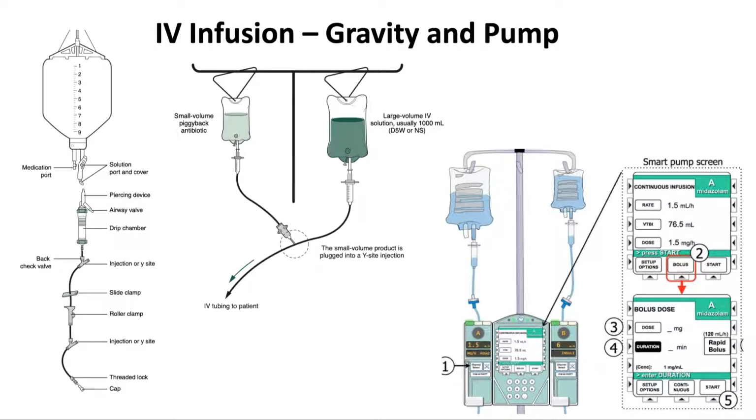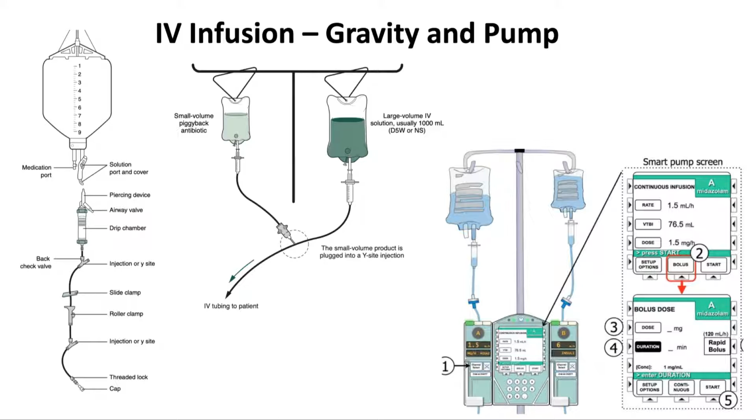So let's transition then to the middle picture, because that's exactly what we're talking about. Why would you ever want to use this Y site port? In the middle picture on the right-hand side with the darker green, you can see what we've just been talking about with this larger volume infusion. So we have an IV bag that's being infused with this drip chamber you can see into the patient. But all of a sudden now they need to get what we call a piggyback or small volume parenteral